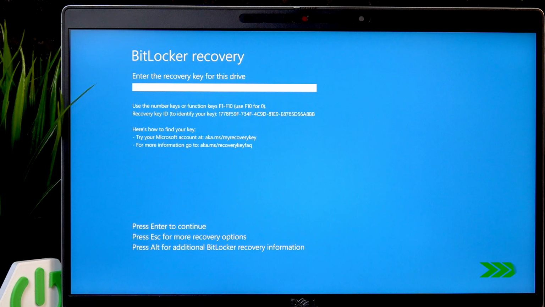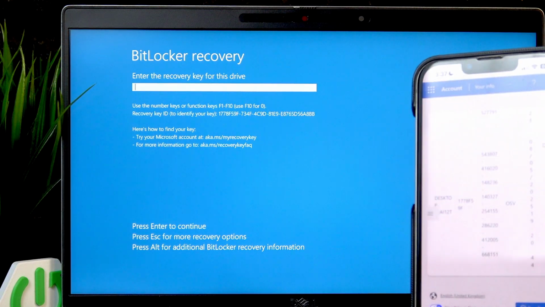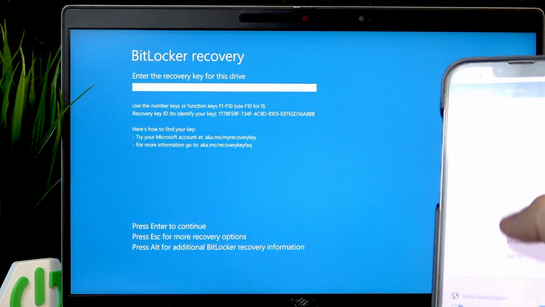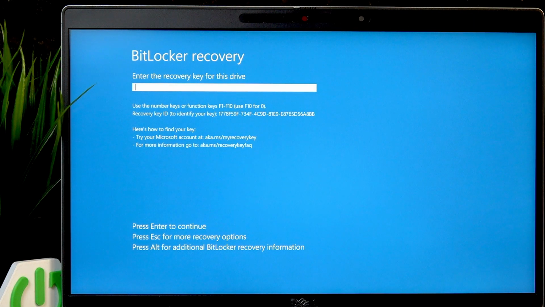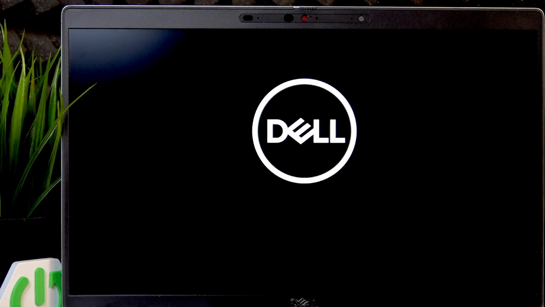Okay, so by the way, the list of these recovery keys is not sorted by date, so you just need to find the one that actually matches the first portion of the recovery key ID, then enter this long recovery key, which I'm gonna do, and then get back to you. Now I have that entered, and if it's correct, then after clicking on enter, you should be able to continue with whatever you're doing. So as I wanted to enter the safe mode, I'm just gonna click on 5 on my keyboard to enter safe mode with networking,